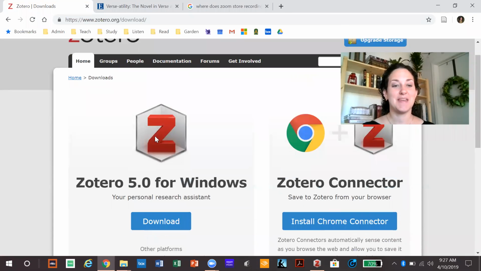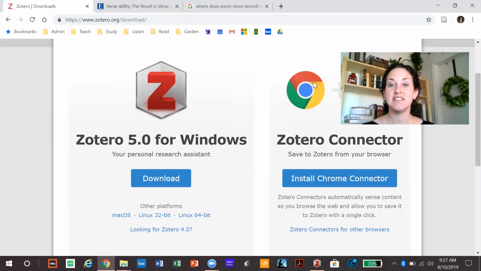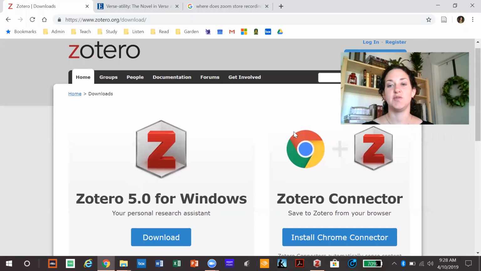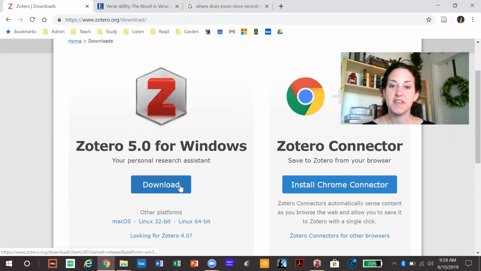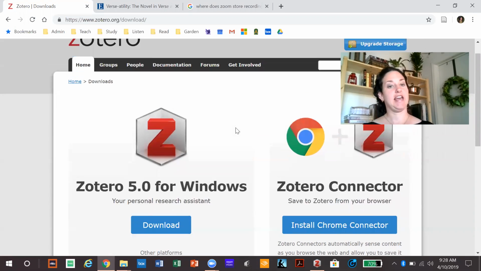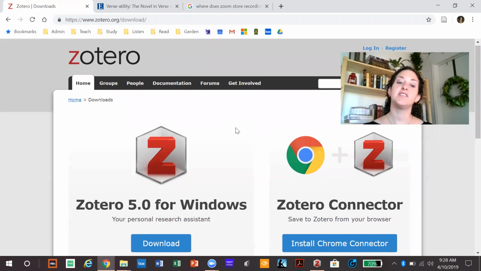This is the downloads page, and you'll want to get both of these if you use Google Chrome. I highly recommend the connector. I'll show you in a little bit how that works. But just go ahead and download this and install the Chrome connector. And then once you've done that, and once you have got Zotero on your computer, let me show you